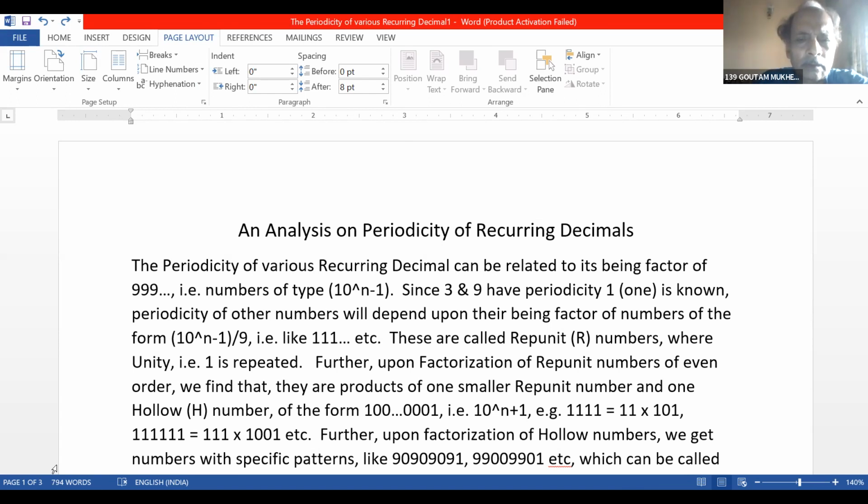Now these are the 11, 111 and so on. These are factors of that. And moreover, when the even numbers of ones are there,